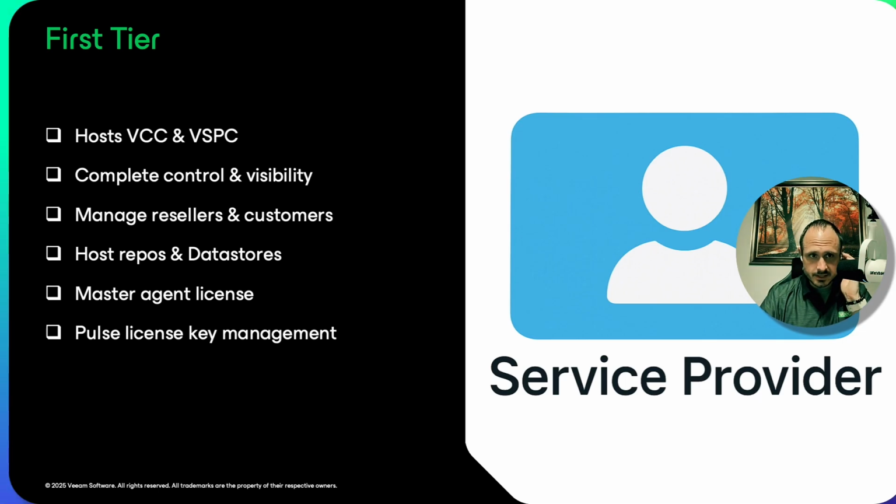So let's take a look at each one in more detail. As I mentioned, the service provider is at the top. They are the ones who host everything. They've got obviously complete control and visibility of everything, both the resellers and the resellers' customers. So like I mentioned, the service provider may manage their own customers. They may offer a reseller login so that other MSPs can manage their own customers. There could also be a combination of these things happening, but it's important to know that the service provider has